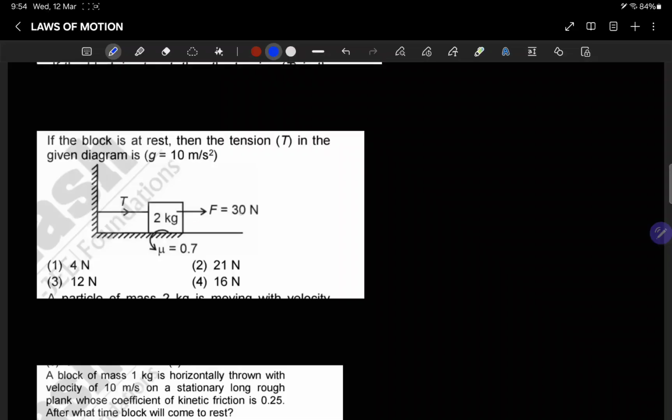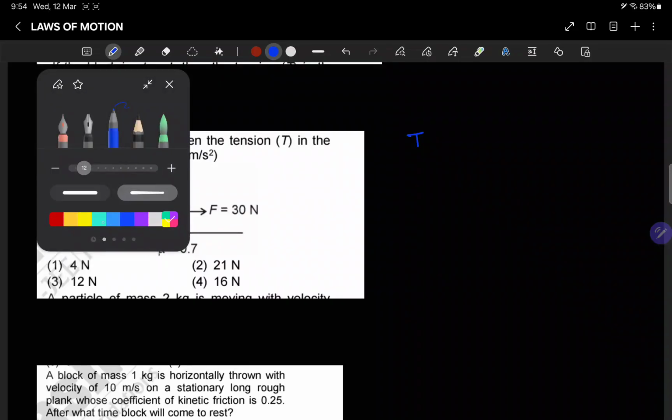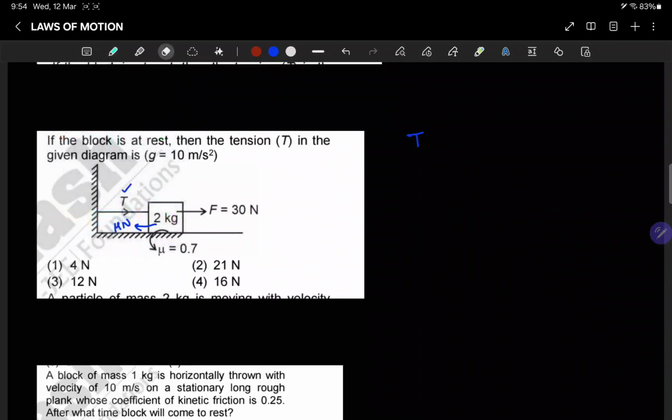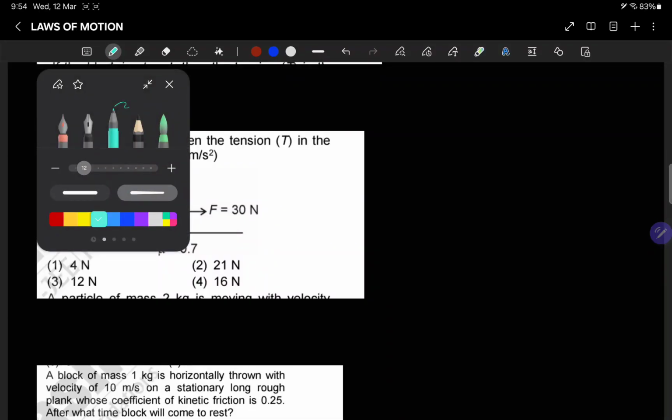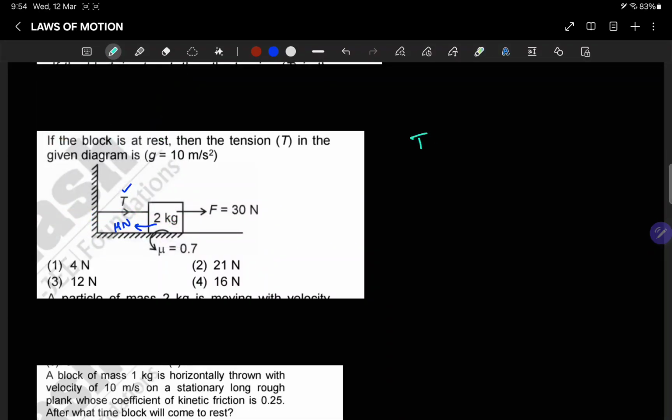So the applied force here is 30 newtons on the right side, and the frictional force, mu times the normal reaction, is on the left side. The question is asking what the tension force is. Yes, now it is in equilibrium position. If it is in equilibrium, T plus mu times the normal reaction equals the force,